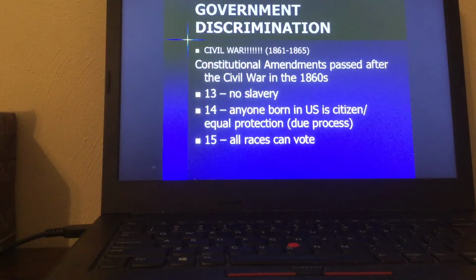And then the second thing that it does, it adds something called the Equal Protection Clause, which said that states have to protect all of their citizens equally. And this applied to all states all over the country, but basically it was directed at the southern states. And what they were saying to the southern states was, now that the Civil War is over, you can't just treat your African American citizens worse than your white citizens. And so this was enshrined into law in the 14th Amendment, and it's called the Equal Protection Clause. States have to treat all of their citizens equally.